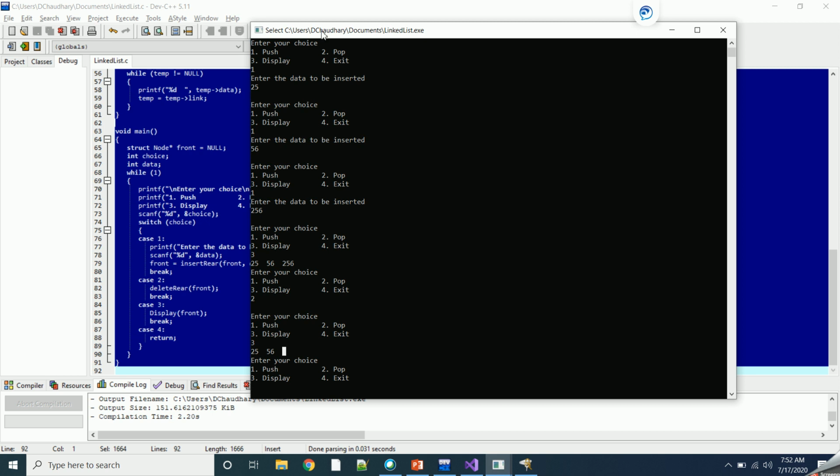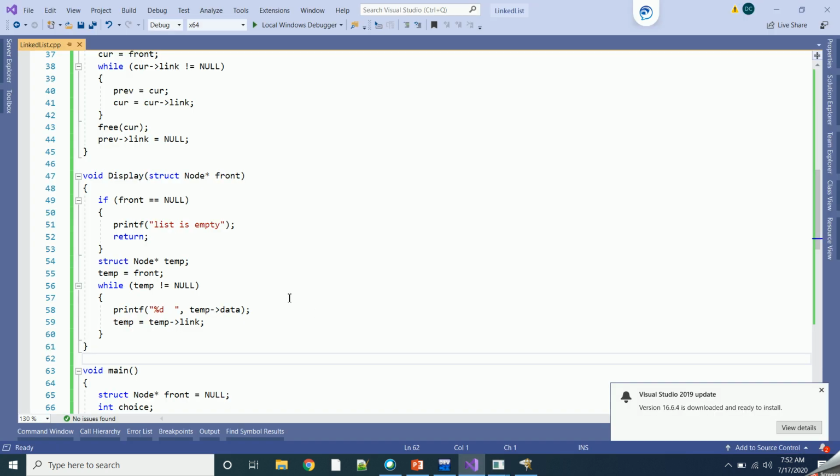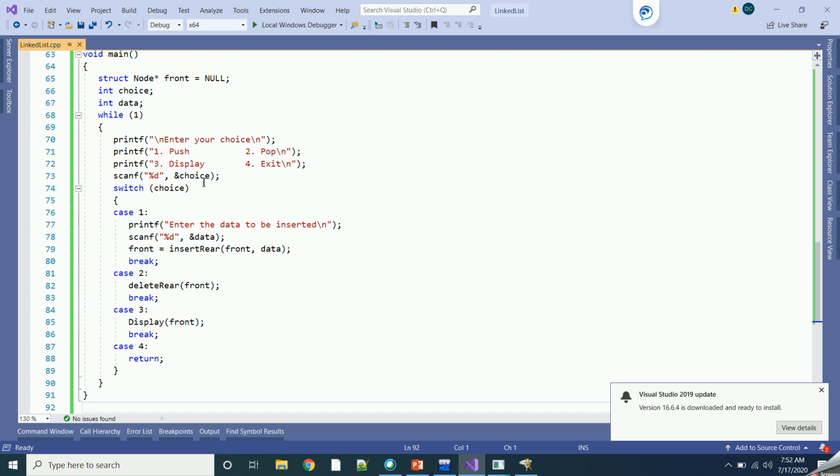To write code to implement this behavior, you can write the code like this, where you first give some information to the user: 1 means push operation, 2 means pop operation, 3 means display operation, and 4 means exit operation.